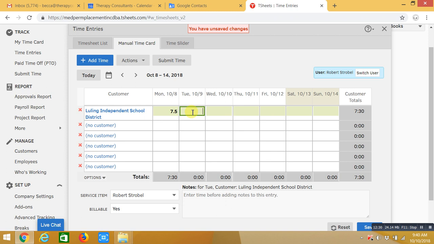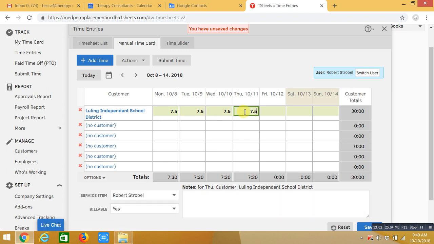If you highlight this and hit Control-C to copy it, and you click in this next field to paste it, you'll notice down here, right when I click in the field, sometimes it comes up immediately, sometimes it doesn't. You just want to make sure it does. If I click over there, there it popped up. Down there, my name's there, billable's there. I can go ahead and hit Control-V, and I can do that just on down the line, right? So I can hit Control-V all the way on down the line